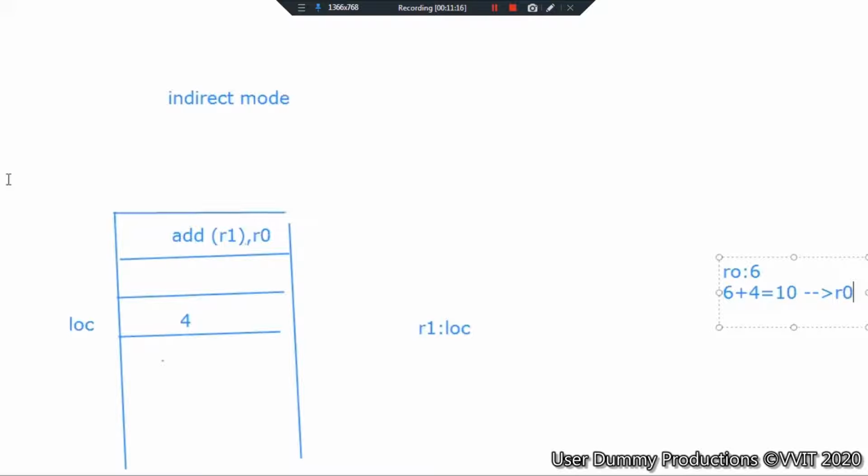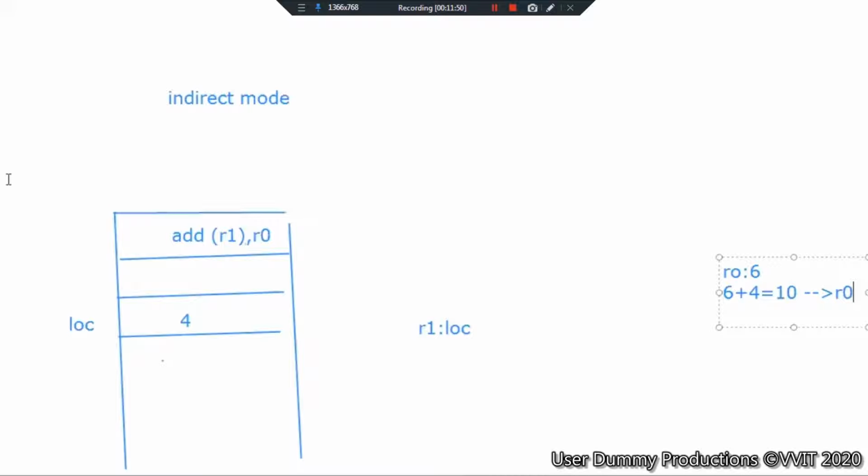Now tell me, can anybody explain indirect mode? Very important one. This is called the effective address. The address in which the operand is placed is called the effective address. The instruction gives the information from which the address of the operand can be determined. This address is called the effective address. In R1 we are having an address, so we go to that address and fetch it. That is the effective address. The register that contains the address is called a pointer.